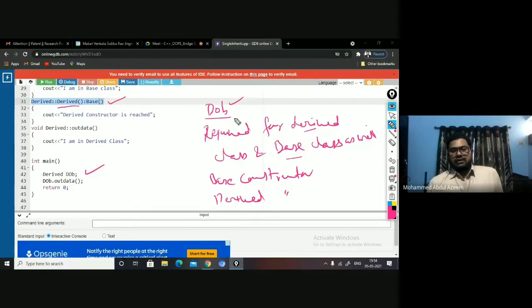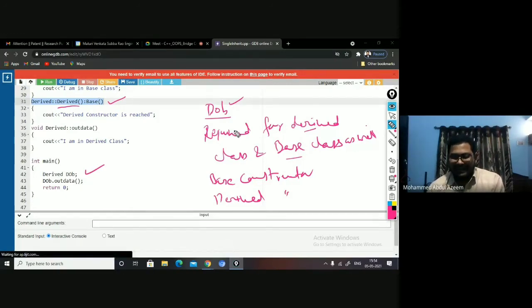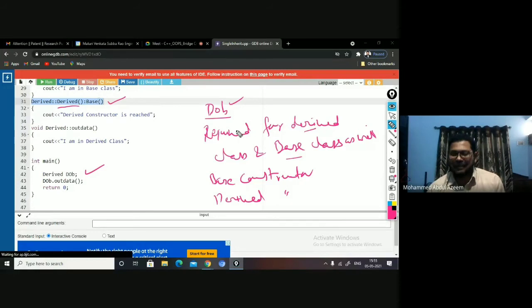Since it is a derived class, the members of its own will be created, and at the same time base class members memory will be created as well, because the members associated with a derived class object are not only its own, but the base class's as well. It is like a person who has his own property which he has earned in his lifetime.